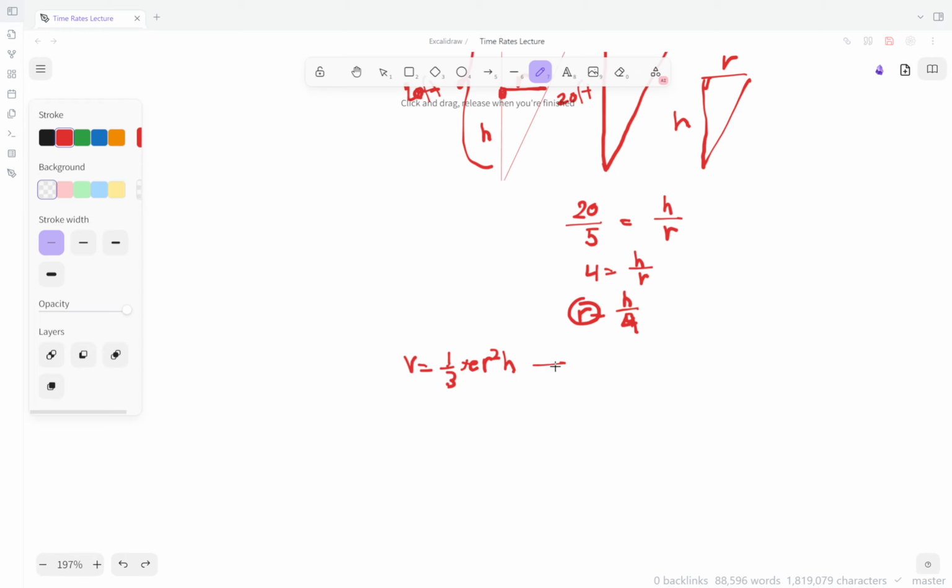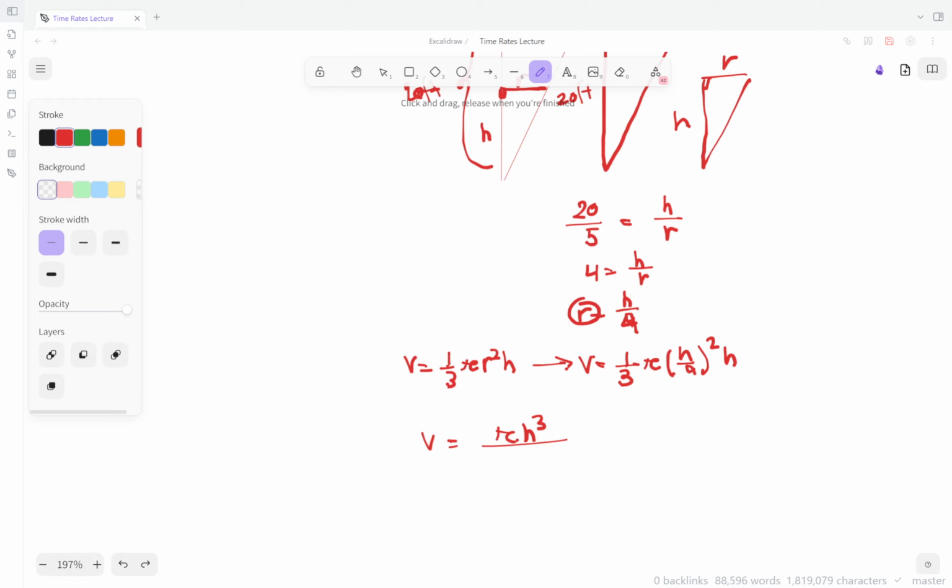It will now become v, the volume, equals 1/3 pi, but r now becomes h over 4 squared and then h. So our volume equation can now be written as pi, and then there are 3 h's being multiplied, so that's h cubed all over 3 times 4 squared, which is 16, and I believe 4 squared times 16 is, well, that is